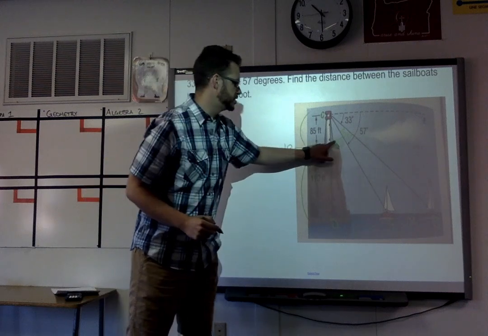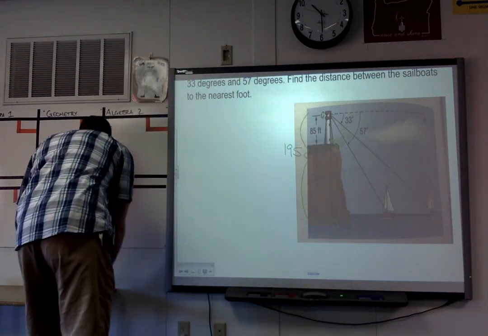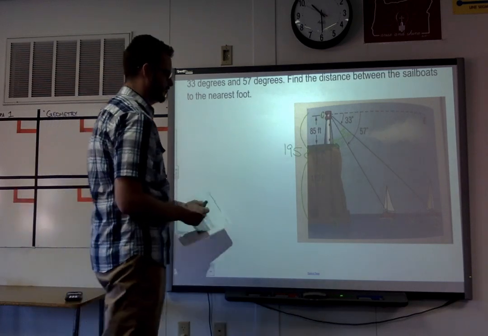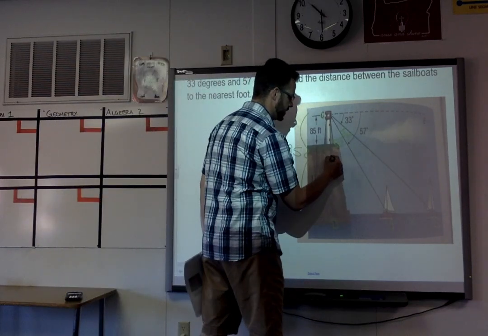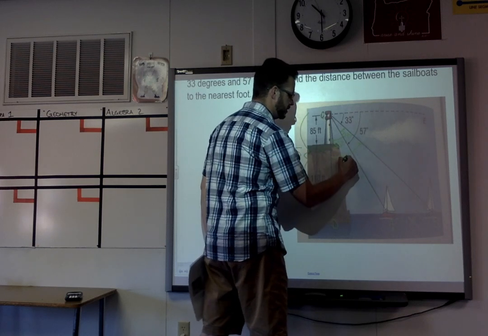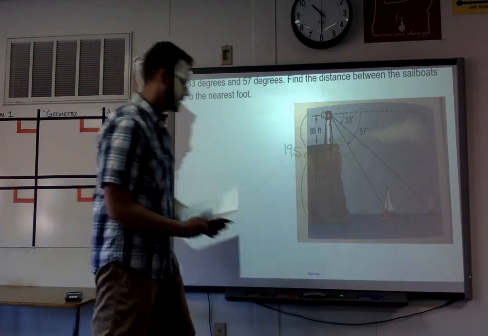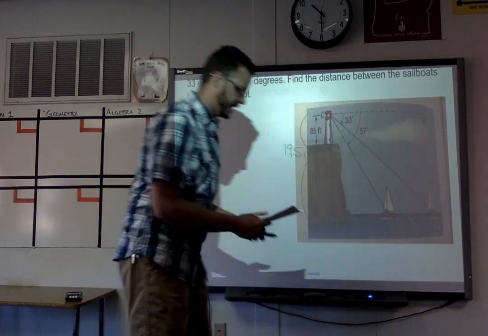So this portion, this angle right here, is going to be 33 degrees. So now that we know all of that information, we can say from our vertical line to this line is an angle of 57 degrees. So now that we know all of that information,